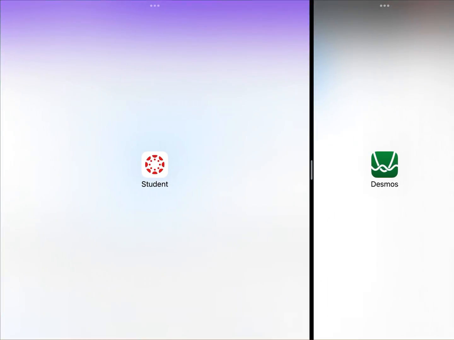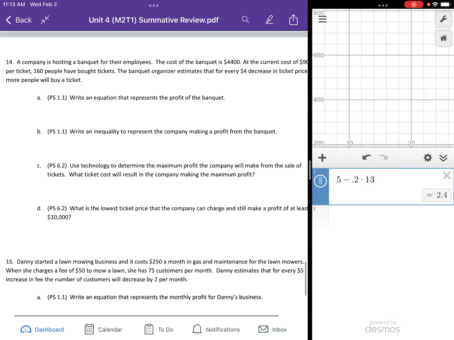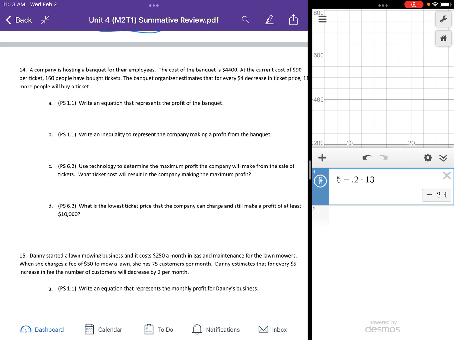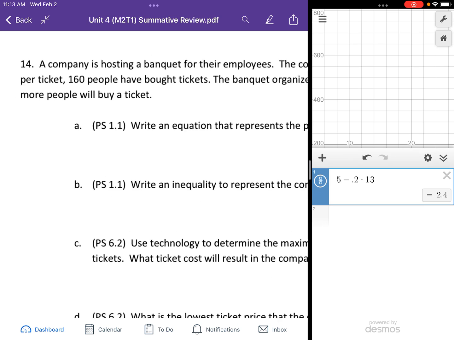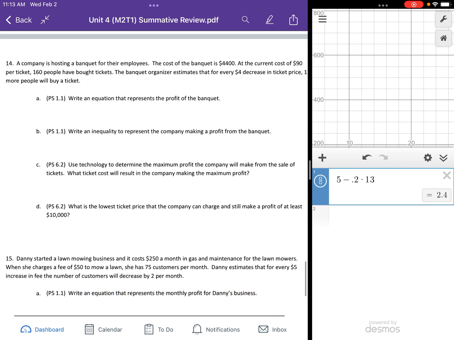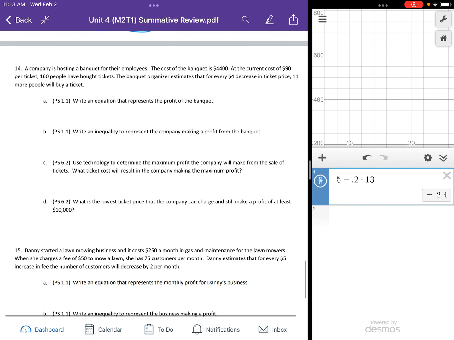Okay. All right, let's go back to Canvas here and make this a little bit bigger so we can see it better. All right, next one. A company is hosting a banquet for their employees. The cost of the banquet is $4,400. At the current cost of $90 per ticket, 160 people have bought tickets. I couldn't read that. The banquet organizer estimates that for every $4 decrease in ticket price, 11 more people will